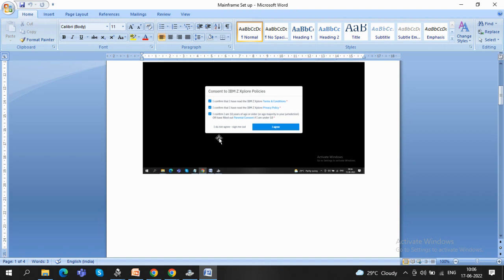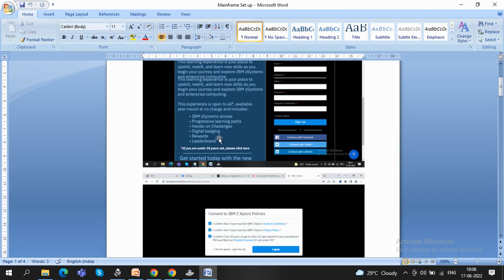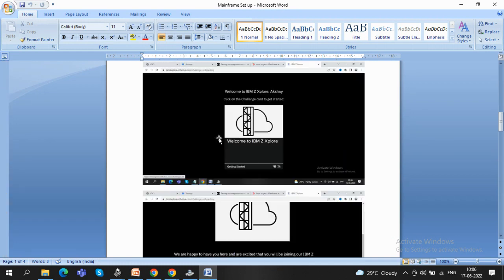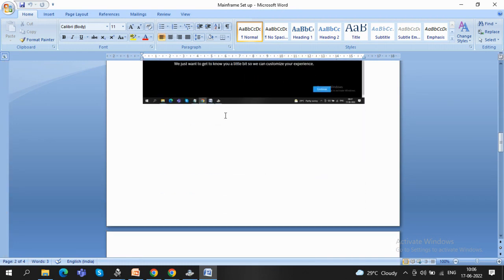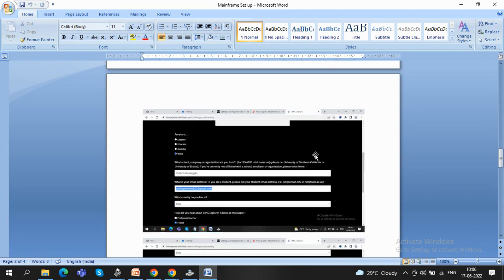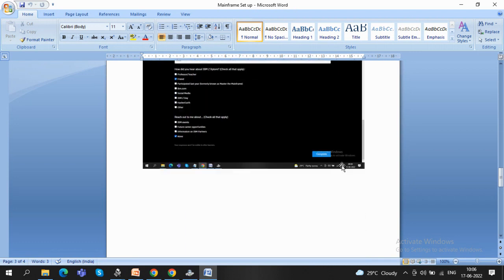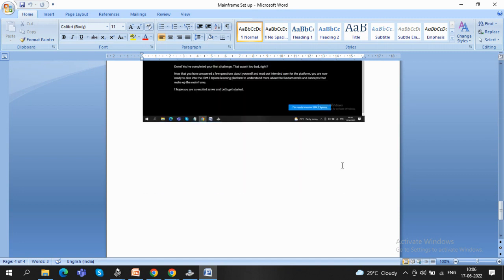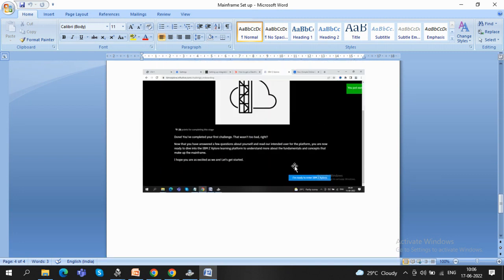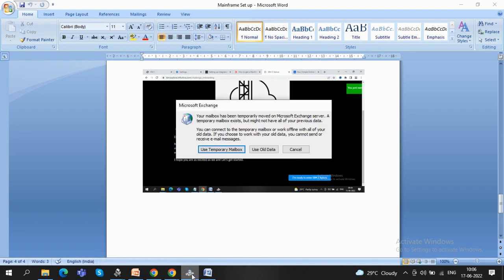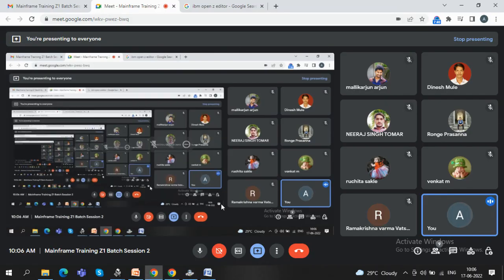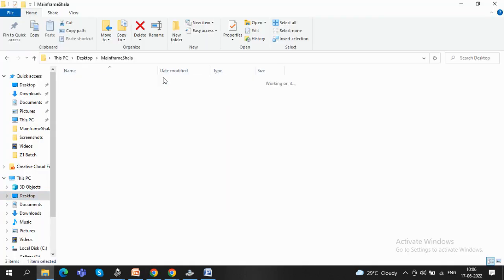You have to go there and register yourself. I have captured those screens while registering. Then you have to answer some questions, like whether you are a student, educator, or someone else. That will take you somewhere here, and after you are ready they will give you an ID and password. Once you get the ID and password, you have to